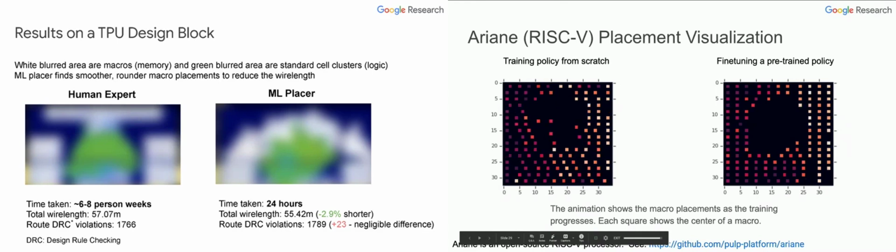Whereas what we've done, again, similar to the latest device placement work, is we've trained a model on placing a bunch of other blocks and other chips. And so when you give it a new chip, it actually already starts with a fairly good idea that this is just a generally good idea for chips. You should put all your logic in the center and put all the macros around the edge. And it gets into a good state much more quickly than if you start from scratch without any knowledge about